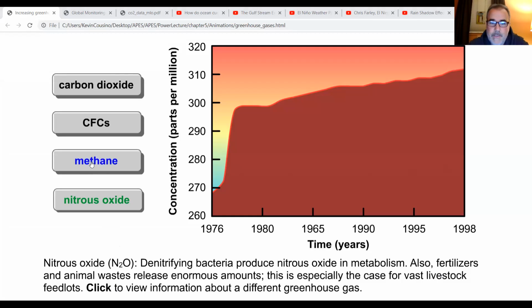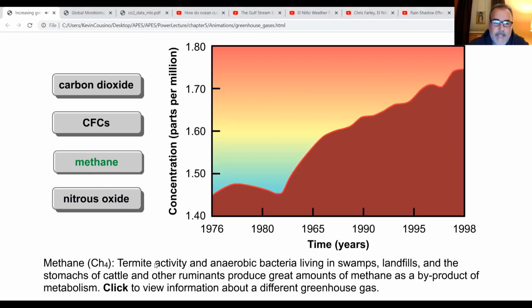Methane, you can see, again, the dates. Now, of course, this graph is a bit old. I'll show you a more updated one in just a second. Methane: termite activity and anaerobic bacteria living in swamps, landfills, stomachs of cattle, and other ruminants produce great amounts of methane. Funny as it sounds, burping, farting, stuff like that, right? Decomposition. So there are natural sources and more man-made ones, like the landfill, that will provide more methane in the